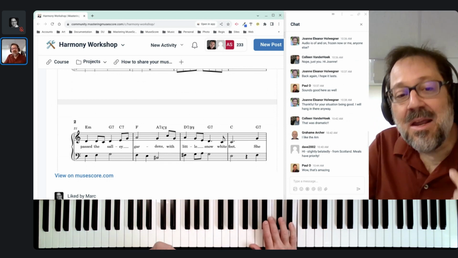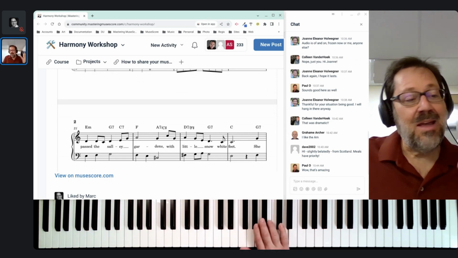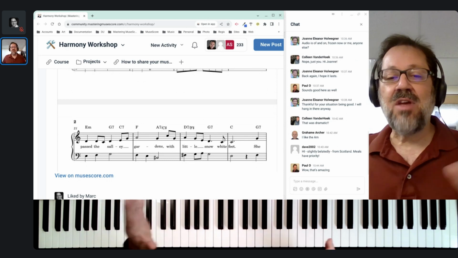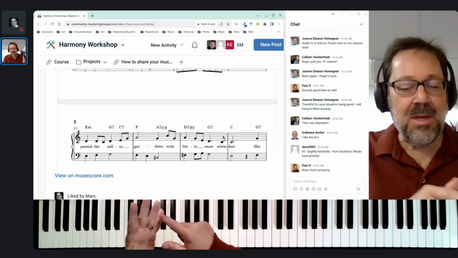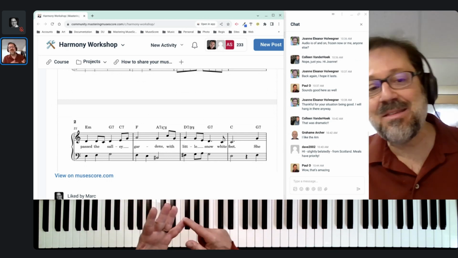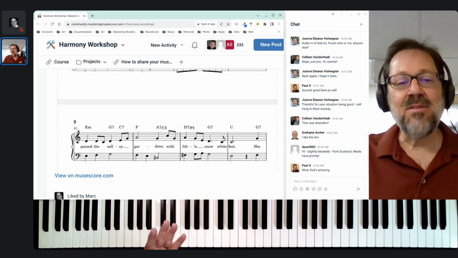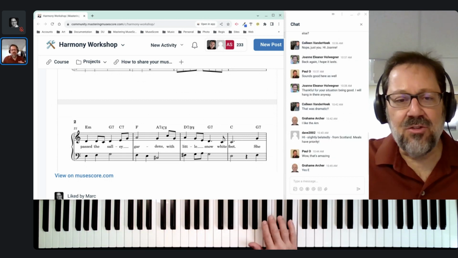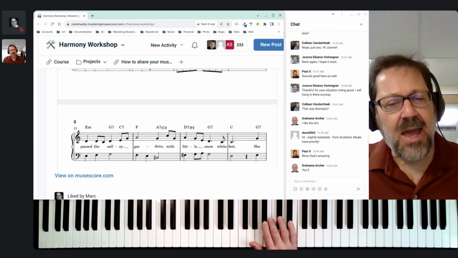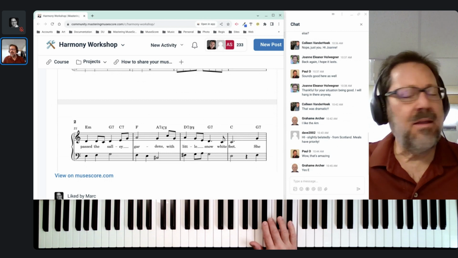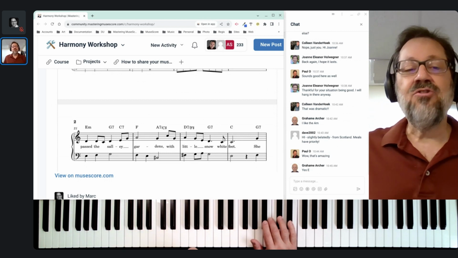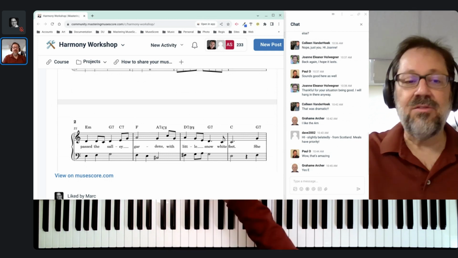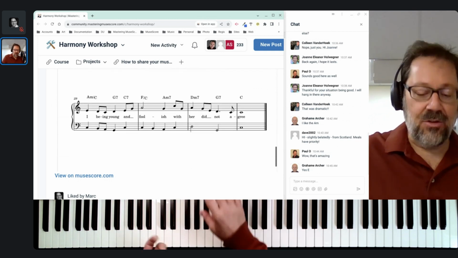this is where we're going to generate a lot of interest, because most melodies are going to have repetition, the same phrase presented multiple times, whether it's an AABA form or ABAC, whatever the form of your melody is. Chances are there's going to be a phrase that is repeated in multiple places within the piece. And it's going to be to our advantage to explore options so we can use different harmonizations at different places in the piece. And as I said, he does that at the end. So let's look at his last version.